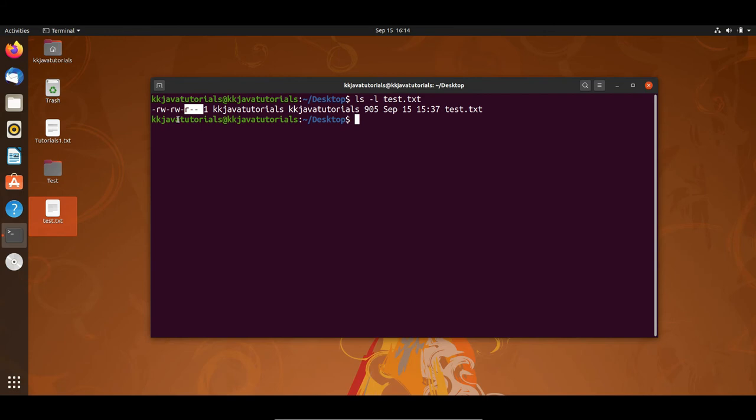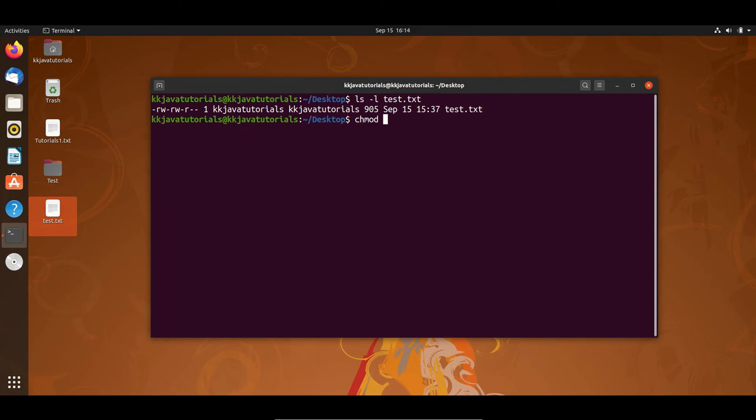So let's say I would like to change the permission, then how can we do it? It's very simple. What you have to write is chmod. This is also called change mode, right? And here first of all we'll learn how to change the permission using symbolic mode. In the next video we'll see the other mode, called numeric mode or octal mode, right? That will be the next video, but here we will see symbolic mode. So to change file or directory permissions you can use the chmod command, also called change mode.